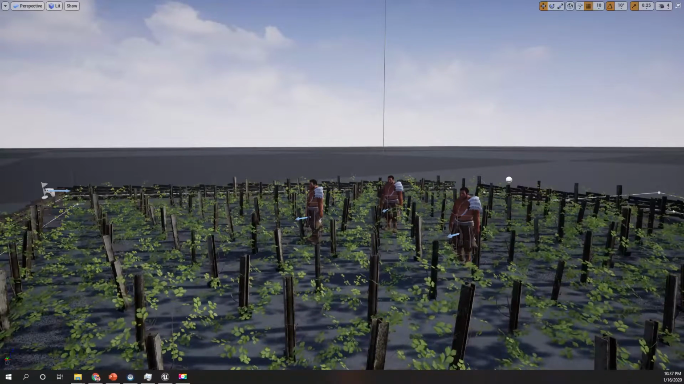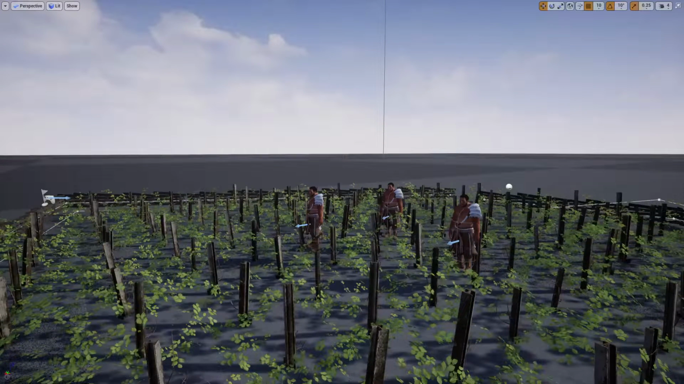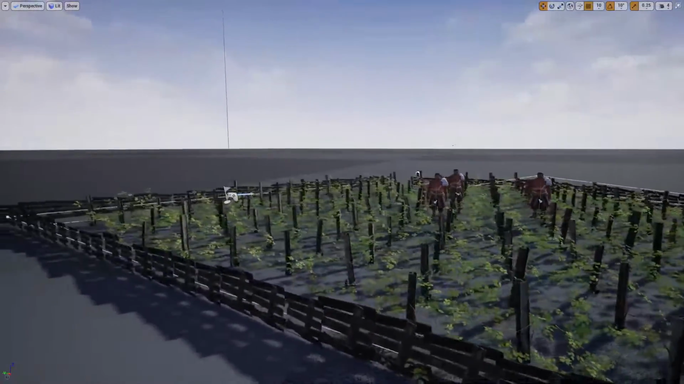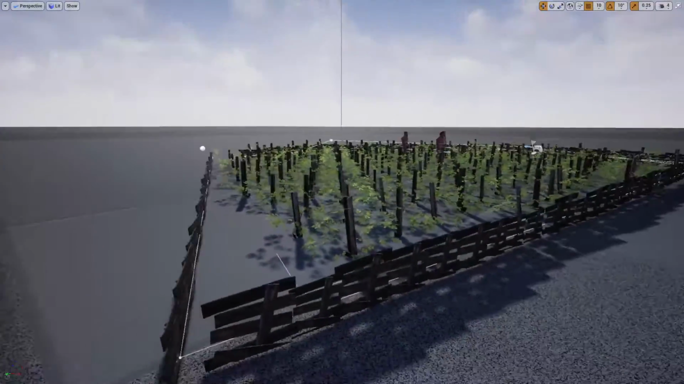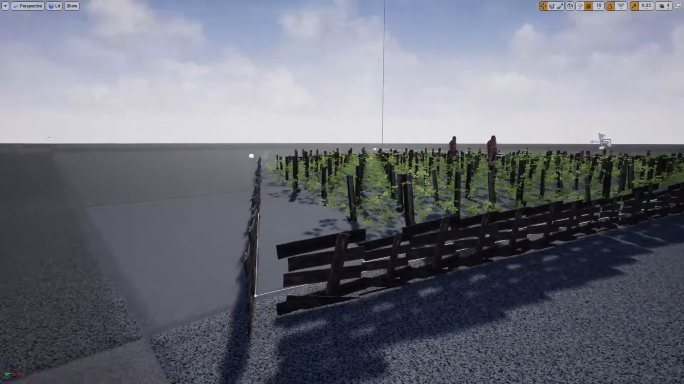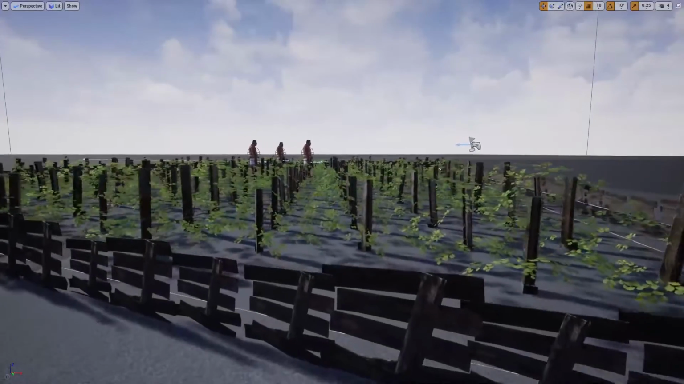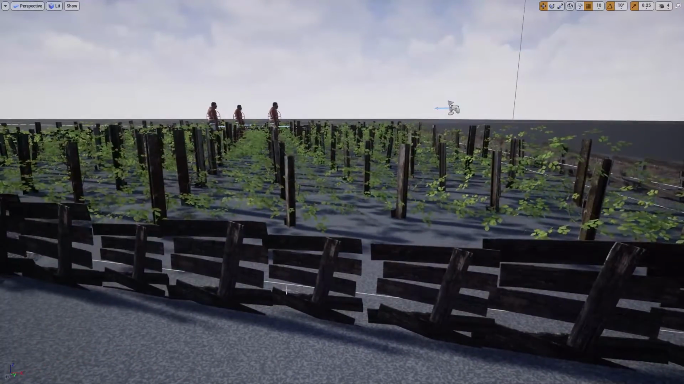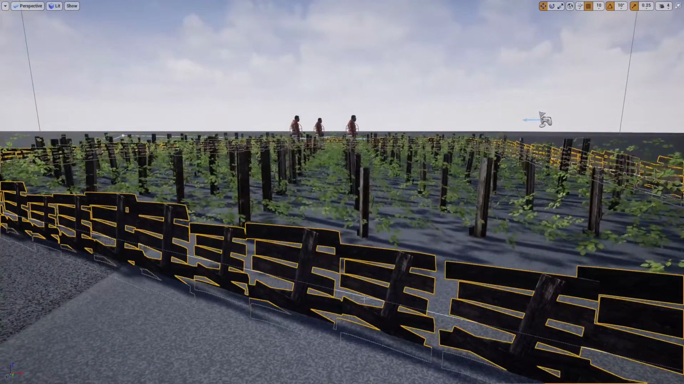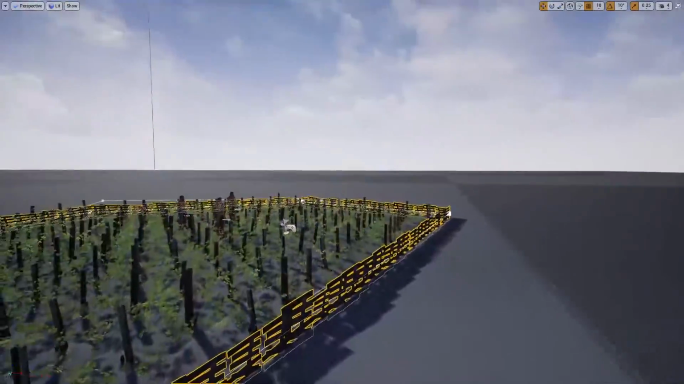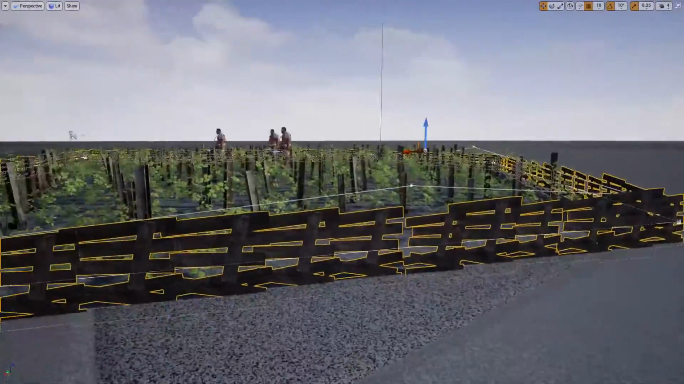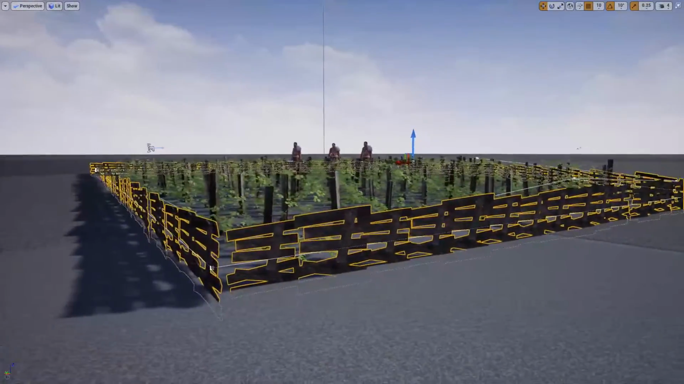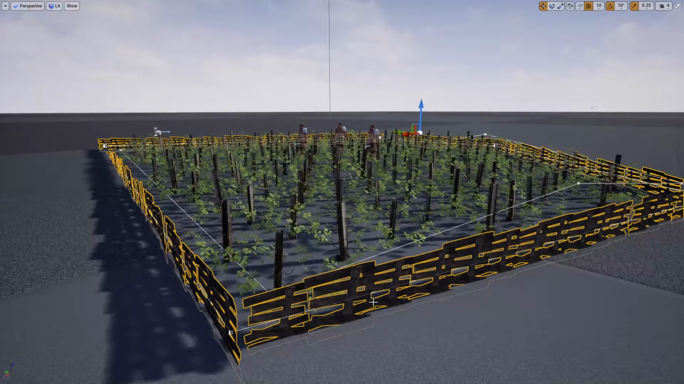Hello everyone, welcome back to my Unreal Engine open world tutorial series. So yeah, I got a request from one of my patrons to show how to use multiple meshes for this fence. So here what I'm doing is I have repeated the same mesh again and again with different scales to create this fence. But instead of doing that, what he's asking is to make this fence